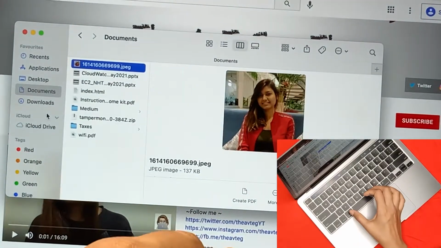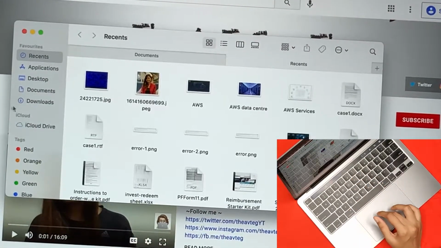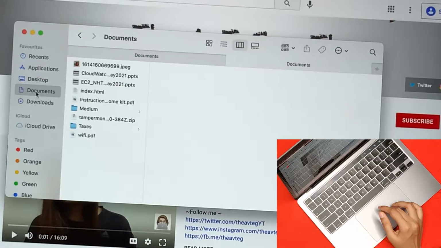Another thing you can do is open multiple tabs within the same window, which can again reduce the clutter inside your system, right? And with Windows you cannot do that. You cannot create multiple tabs. I'm not sure if we can navigate using arrow keys or preview a file. I think you can do that with a third-party app. I don't remember the name of the app, but I will write down the name below in the description once I find it. But you can do it, whereas it is just inbuilt in the Mac, and I find it very convenient to navigate the file system using the arrow keys and spacebar for preview.